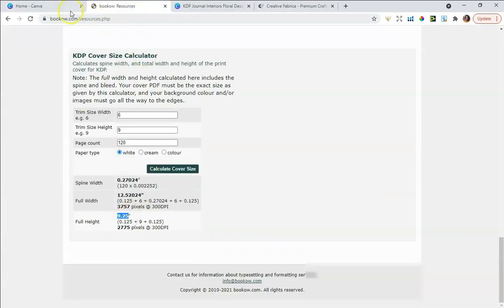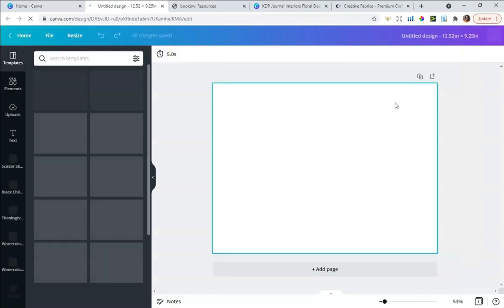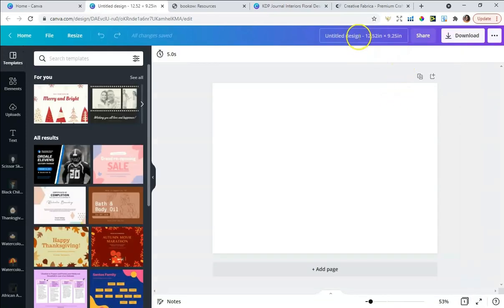And then I'm going to copy the height, and then I'm going to paste the height. And then I'm going to click create new design. Okay, now what I like to do is add a name and a title to each one of the projects that I work on in Canva so things don't get confusing. So I'm just going to do reasons